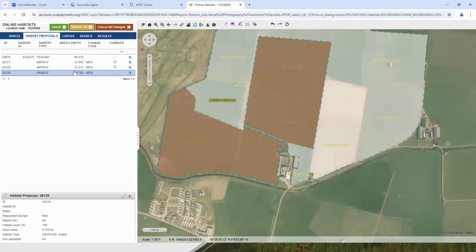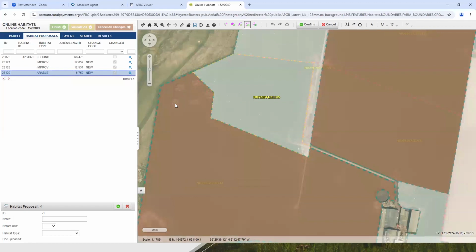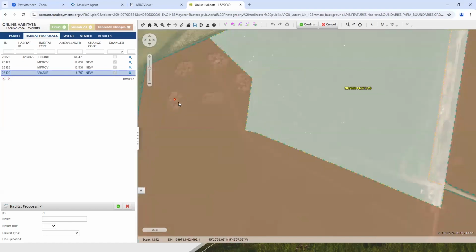Someone's asked, once you've done this, have you got time to go through adding a point feature? Yeah, absolutely. We'll do that just now. So what we could do is say we want to add the point feature in. So say, for example, I want to highlight one of these huts here. Not that it's a particularly interesting habitat, but just for the interest of what we're doing here, you'll